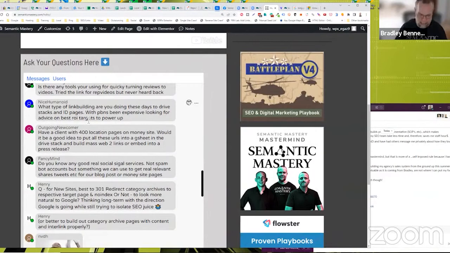So when it comes back to the G site drive stack, I like to hit the G site. Mostly that's what I do, just link build to the G site now, not to the individual drive files and folders. But if I'm going to do that, then I will hit the sheet, mainly. The sheet is kind of like my primary link building target when I'm going to hit an individual drive stack file. But mostly I just hit the G site now as a primary tier 1 link building asset. We build a lot of links to the G site. It really powers it up. And then it distributes out across all the embeds and the drive files and folders that you have embedded into the G site. So that's the most cost-effective way to do it,